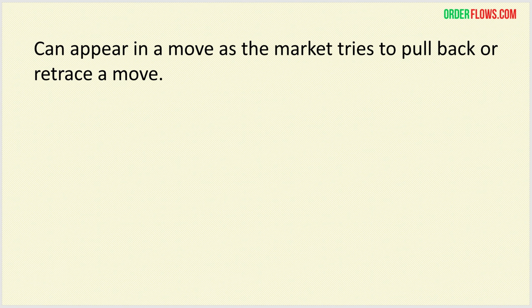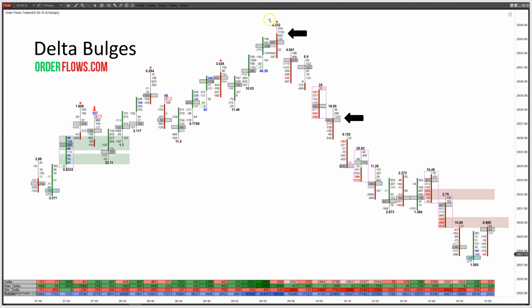Now, it can appear in a move as the market tries to pull back or retrace a move. What I mean by that is, you see here, market hits a swing high, you got a bulge up here, 1133. Starts selling off, makes a little bit of a pullback up here, 1389, and continues on down. Over here, 633, this is what I talk about, by understanding what your volume is. Would I consider 633 or even over here, 782, a bulge? Well,